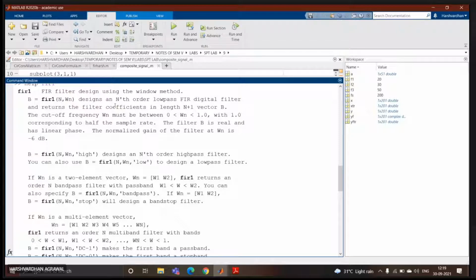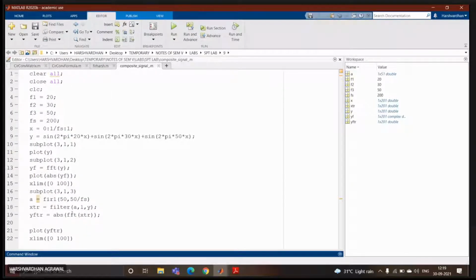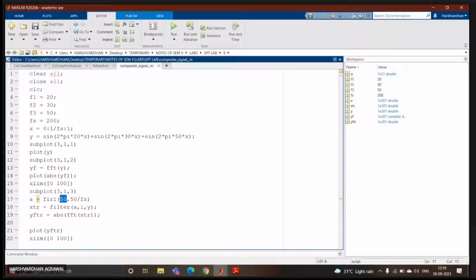50, that is fs by 2 or fs? Fs by 2, sir. Fs is actually 100, sir. Sampling frequency. Okay, change it then to fs by 2. Let us see how it is changing. Sir, actually I tried 50 before. No, sir. I'll change it once. Yes, sir. I already tried. We get the same thing. No, that is the order you are changing. First 50 is the order. That is the order of the filter.